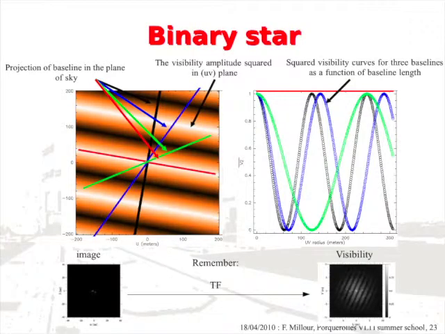And in the UV plane, you see that if you have a binary system and you measure with the baseline which is in the direction of the binary star, you will see this modulation. But if you measure with the baseline which is perpendicular to your binary system, you will basically see nothing. So here you already have information on how to select your UV points to observe a binary system.